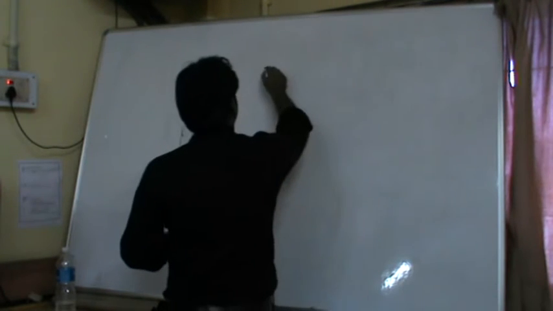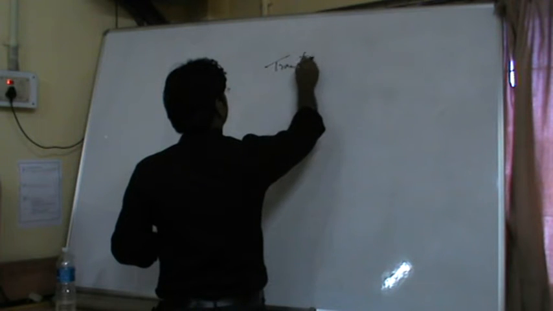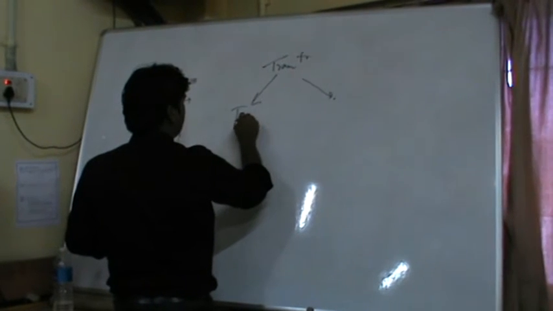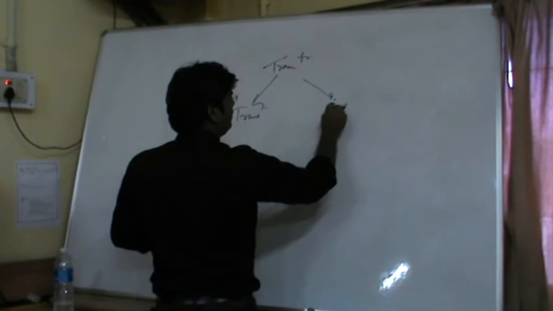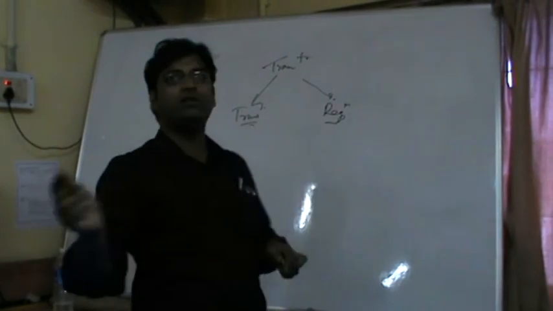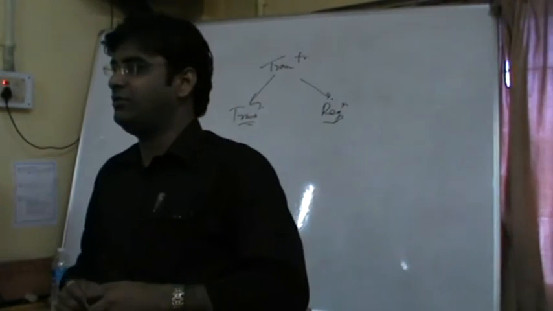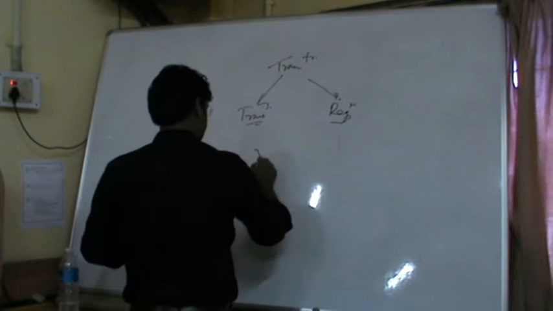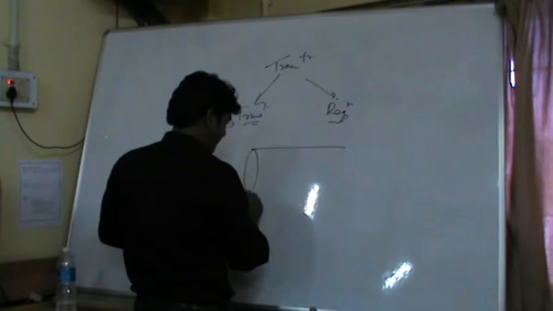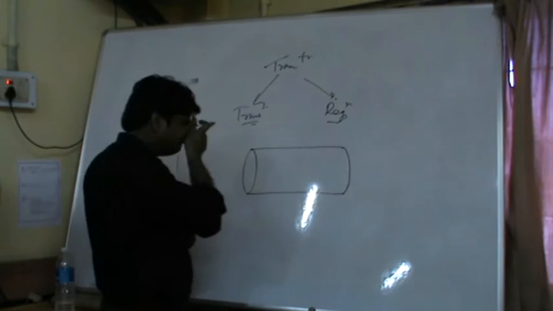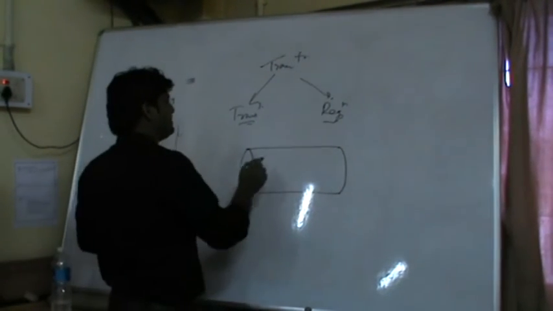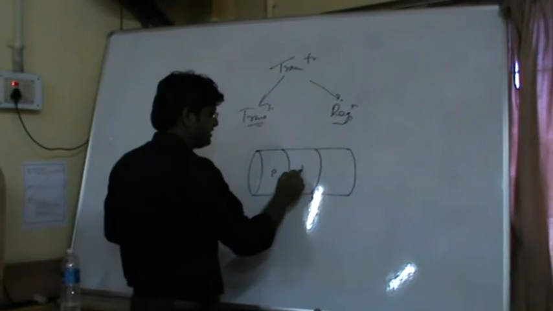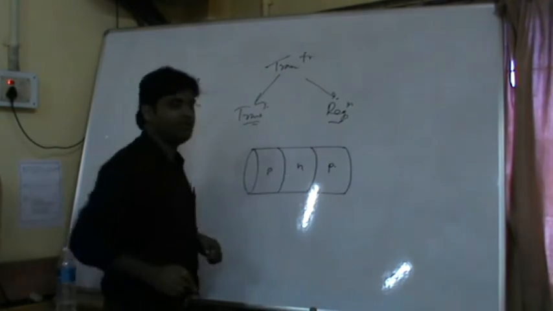The transistor is represented in two parts, that is the transfer and the resistor. So transfer resistor, how can we define it? Suppose I am considering this one pipe. This pipe is developed with a P-type material. In the intermediate, it is N-type material, and another is the P-type material.